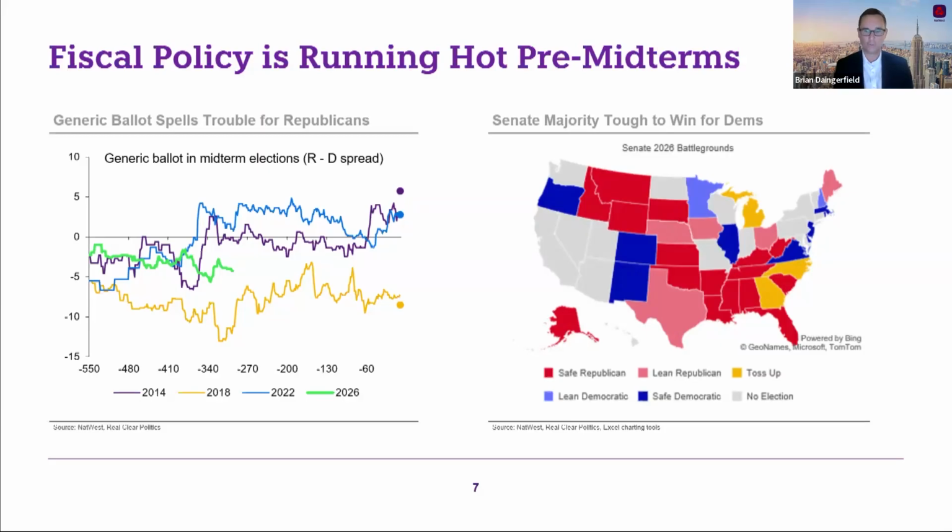The generic ballot is a really good predictor of the House of Representatives, which is the more likely body to switch hands. And right now, the generic Democrat is polling about 4.5 points better than the generic Republican, which is that light green line on the left-hand side. That's a very good indicator that we should be assuming that Democrats take back the House of Representatives in November as of today. One thing I'll add here is that the yellow line, as I mentioned, was 2018, when Democrats crushed the Republicans in midterms after Trump pulled the shock win in 2016.